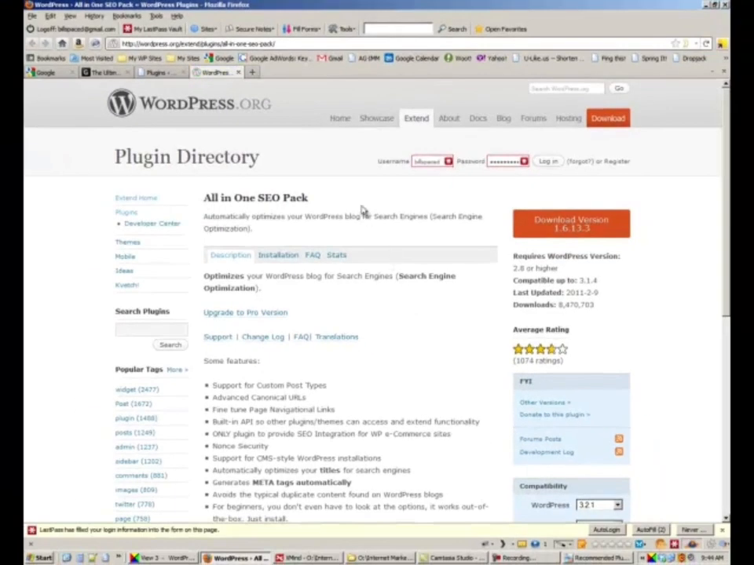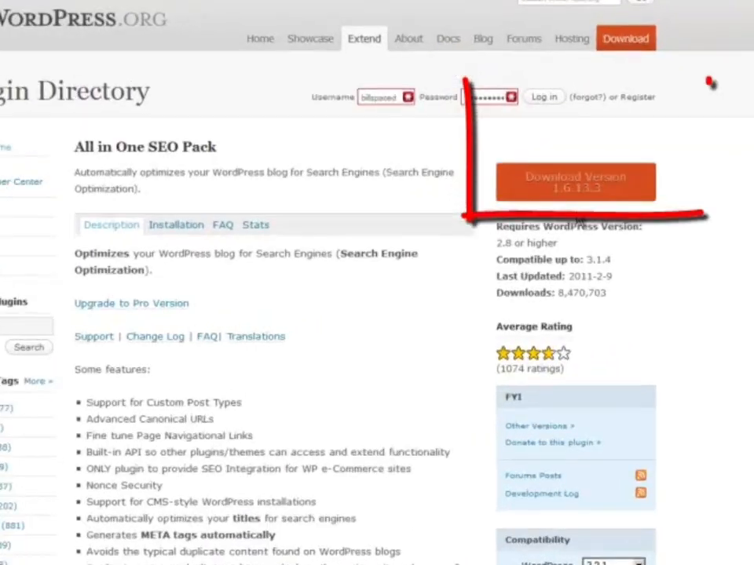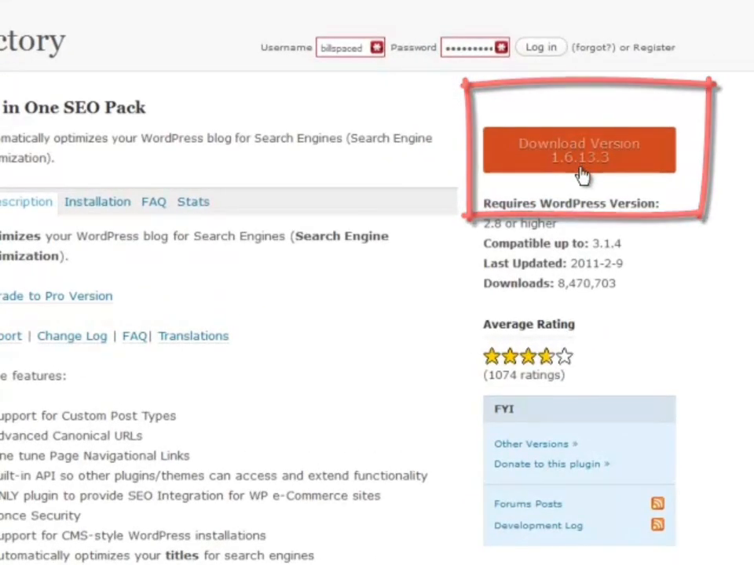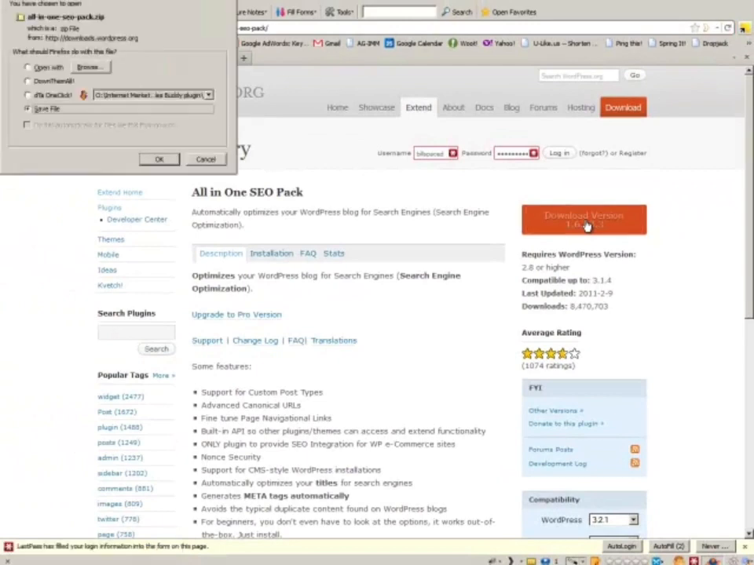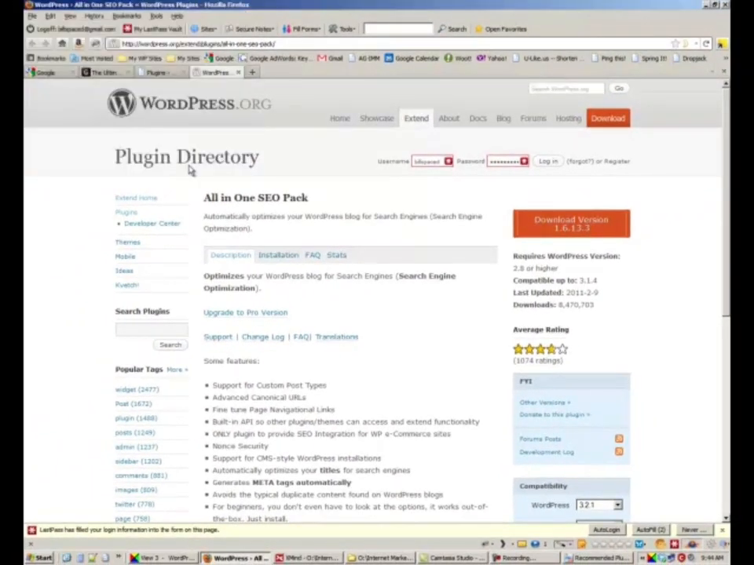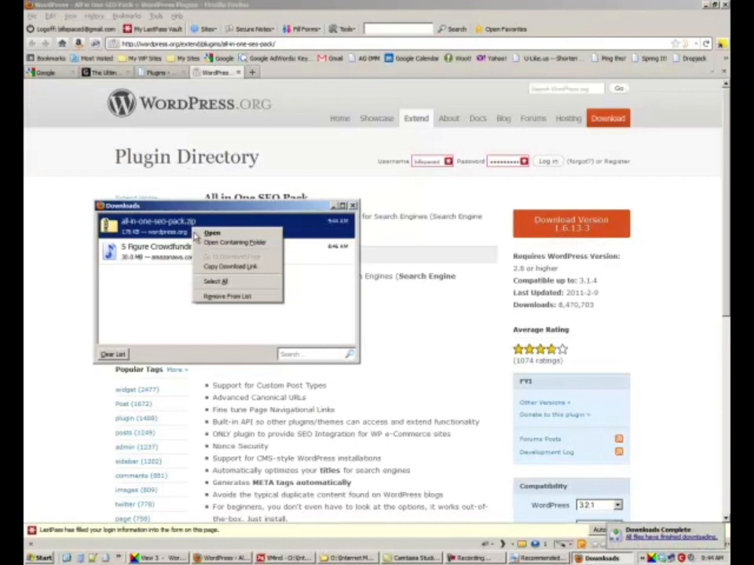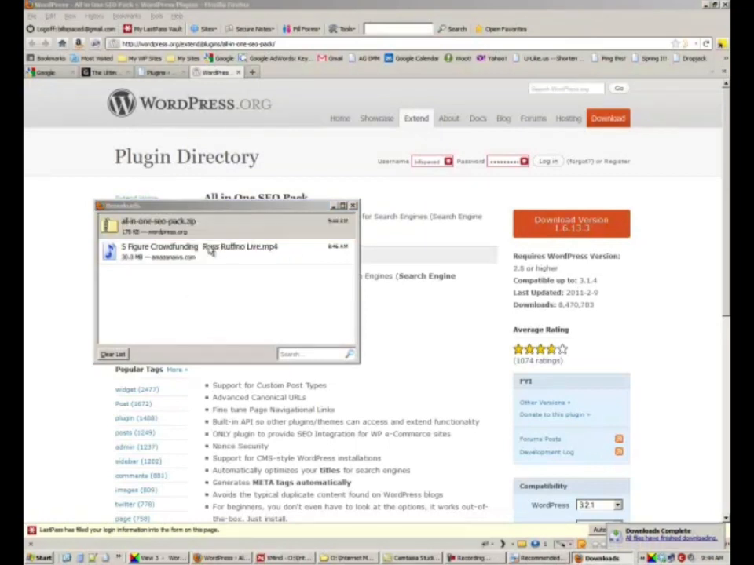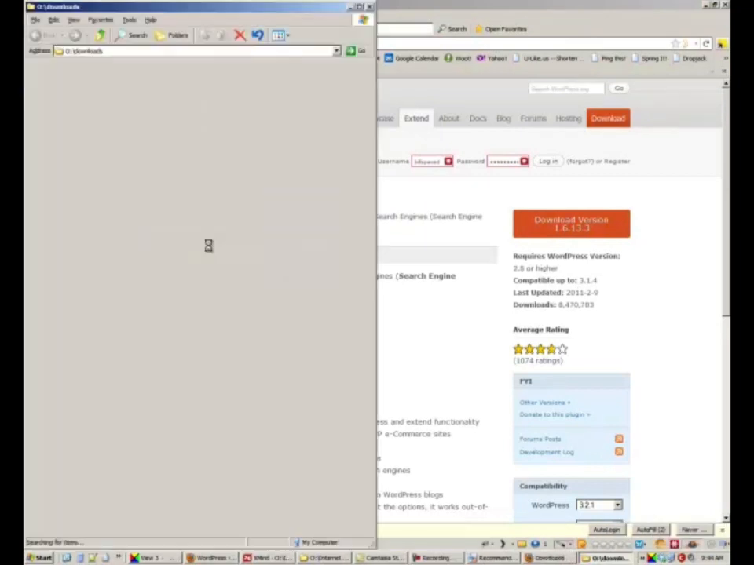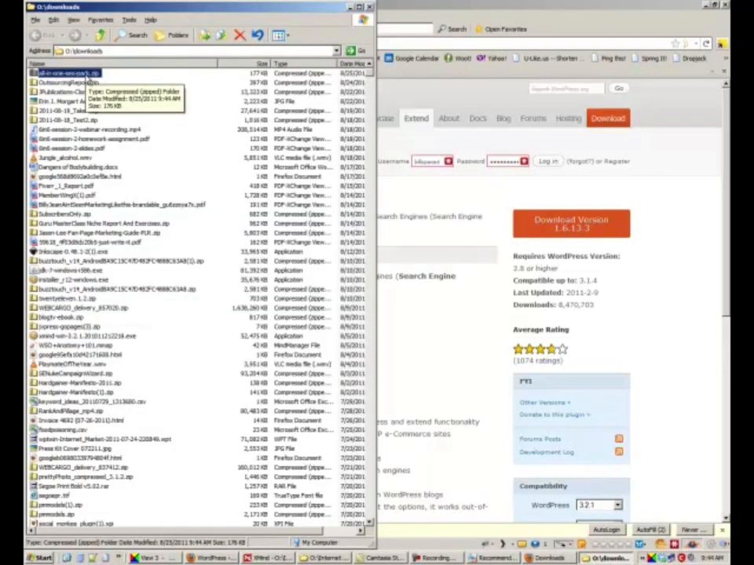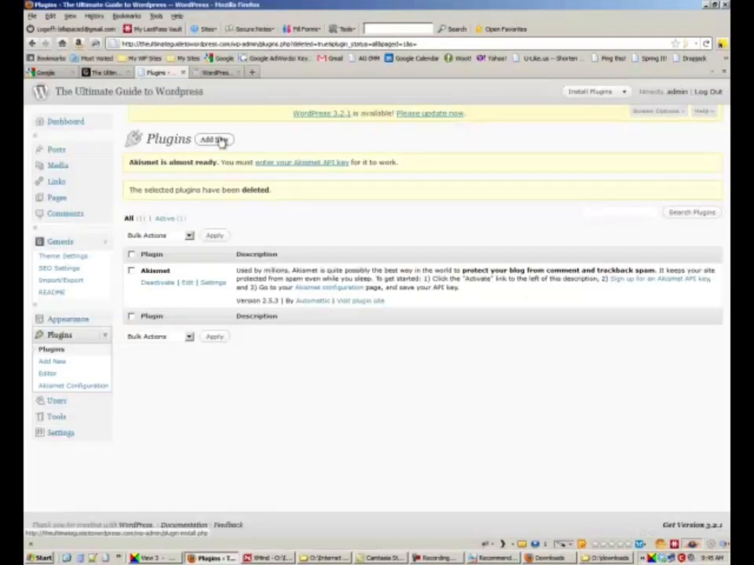This takes us to another way to go get a plugin. This takes us to WordPress.org, which houses all of the free plugins that are registered with WordPress.org. And the way you would do this one is you would click on this button right here that says Download version 1.6.13.3 in this case. Click on that, save the file, navigate to the folder, and there it is. You can go back here, add new,